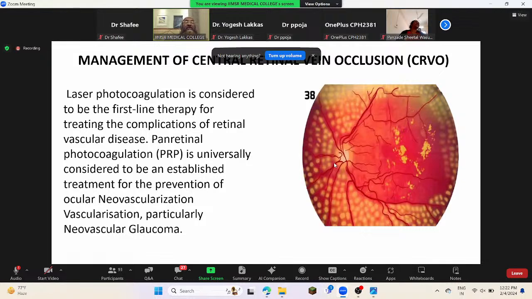Laser photocoagulation is considered to be the first line therapy for treating the complications of the retinal vascular disease. There is pan retinal